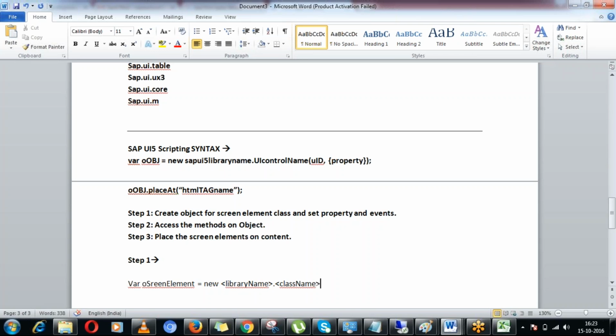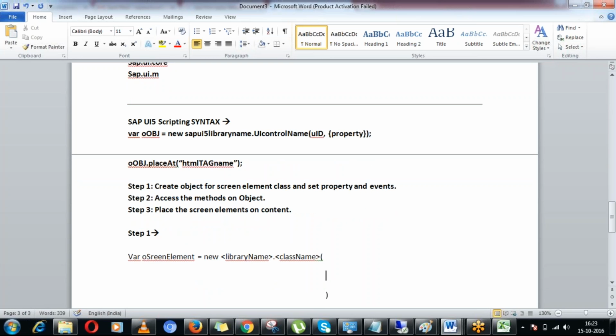Then the first bracket starts, then the curly braces start and end. Inside this you have to write your properties, like let's suppose property 1 colon value 1,